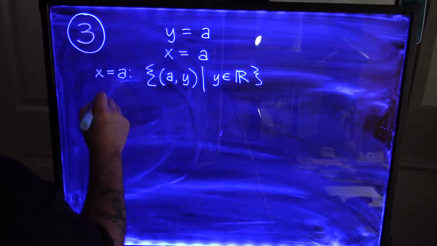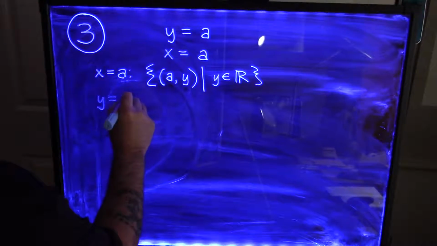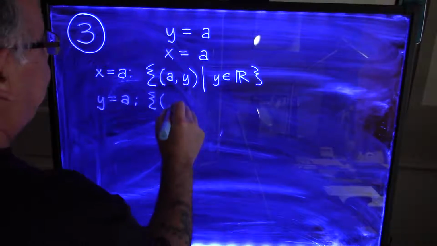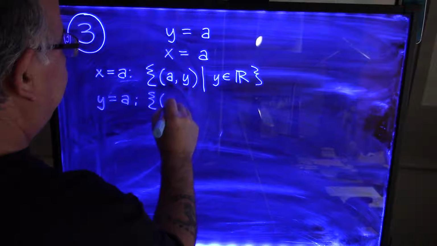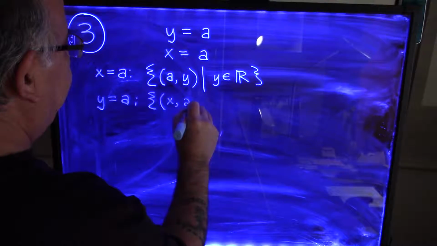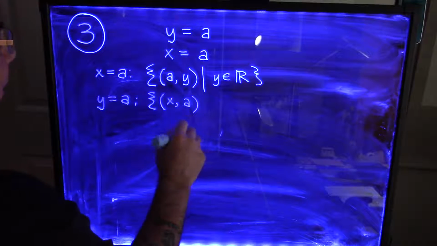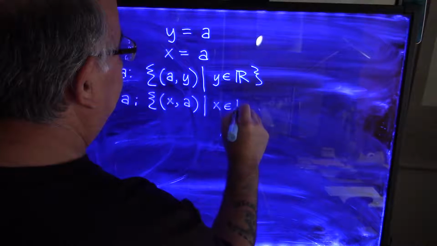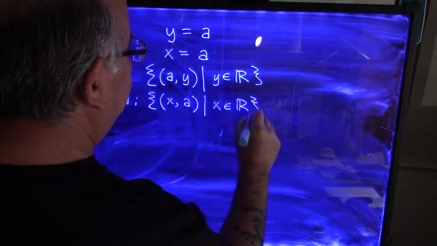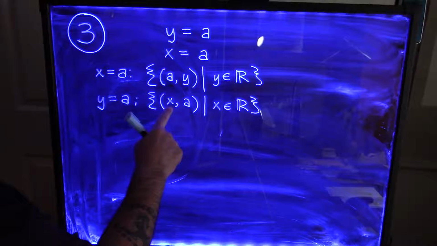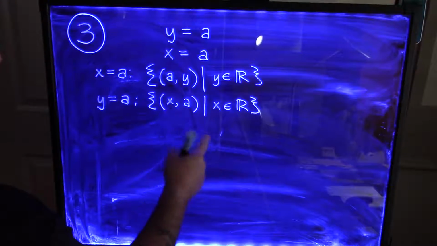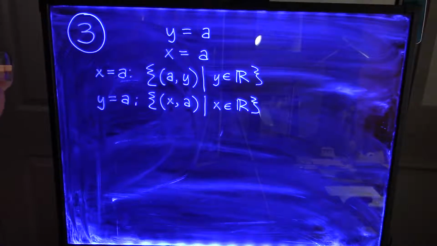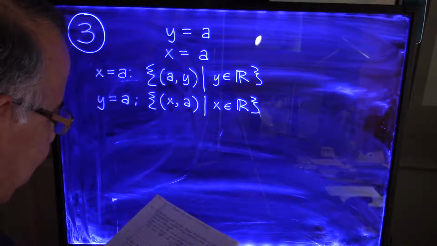All right. If you take the line y equals a, on the other hand, that's the set of all ordered pairs x, a, such that x is a real number. So that is your x coordinate. The x coordinate is always going to be some real number. It'll vary, but the y coordinate will always be the same. Okay? So that means